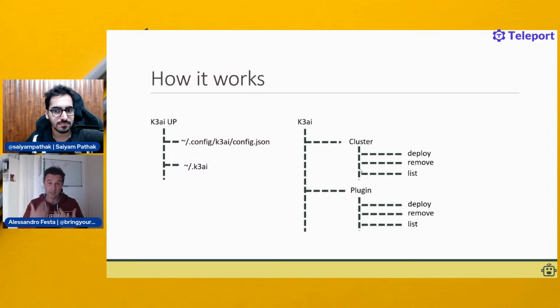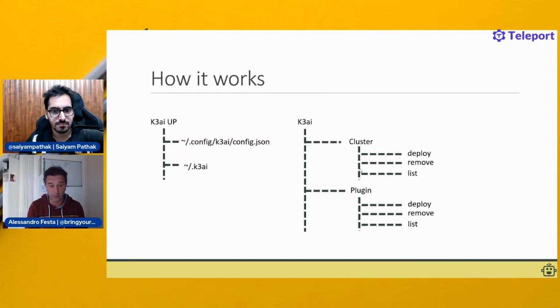So what does K3ai do exactly when we run those commands? The first step is that K3ai is an executable that runs on your laptop. When you do K3ai app, we basically do two actions. The first action is to download the config JSON that allows you to configure K3ai, like what you want to see as a list of plugins or possible installation tools. If you want, for example, certain kinds of restrictions, for example, we support a list of clusters that we'll see in a minute, and you don't want to expose all of them, just some of them, you can actually add that to the config JSON.